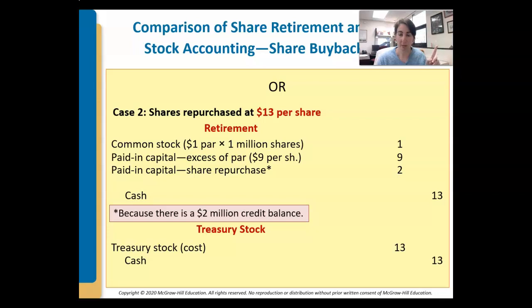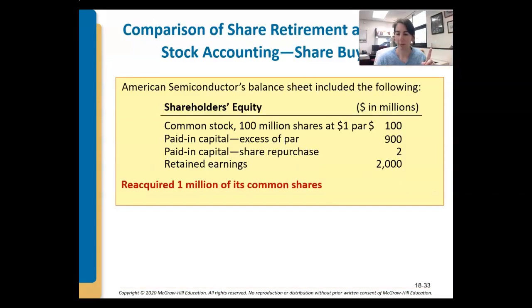a couple of slides ago, hang on, I'll go back. There we go. The original data showed that I had a credit balance in here. I know it's a credit balance because stockholders' equity carries credit balance. I had a credit balance in here of paid in capital share repurchase from some previous transaction. So I had 2 in there first. So what I'm going to do is take away that